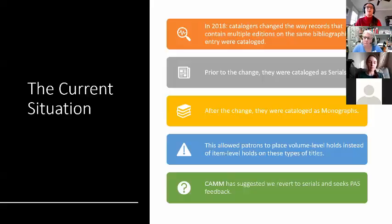What it primarily has to do with are certain serials in our catalog that are currently cataloged as monographs. I'll show you some examples of those in a moment, but first a little bit of background. The current situation is that in 2018, our catalogers changed the way that we catalog items that contain multiple